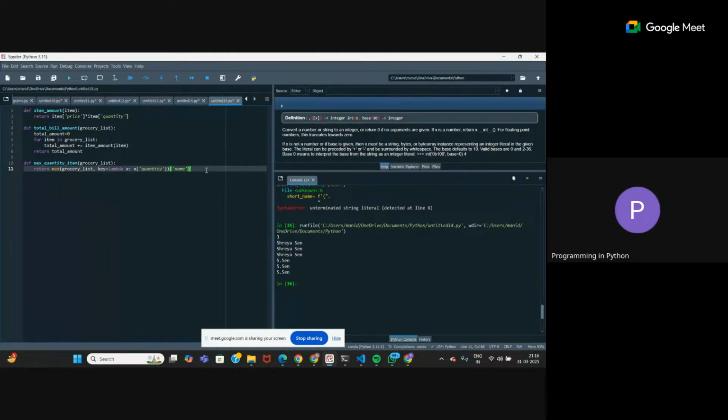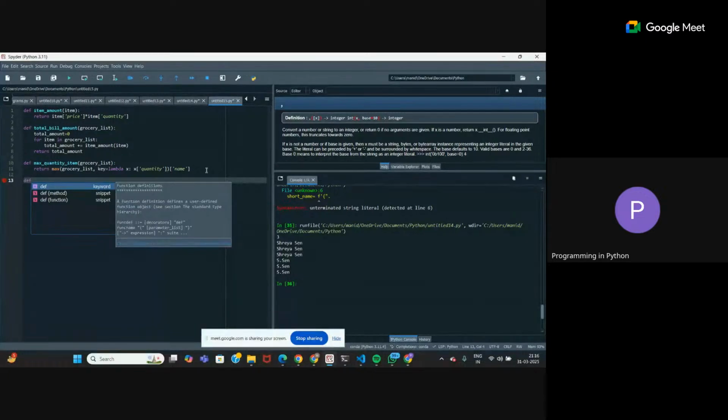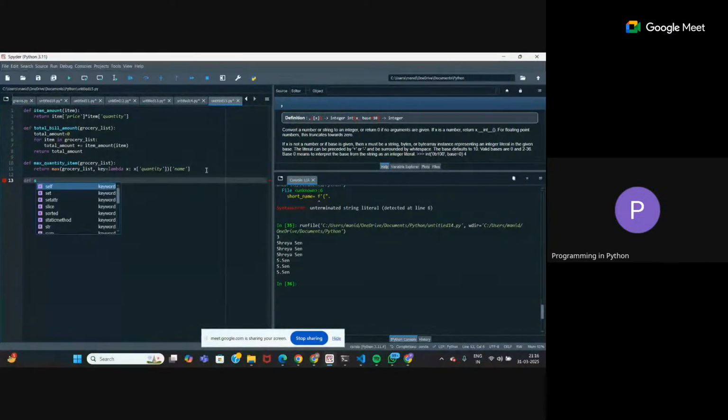Let me first write the functions. So the third function is we have to sort by the total amount in decreasing order. Let's call it def sort_by_total_amount. Again, take grocery list as your parameter.